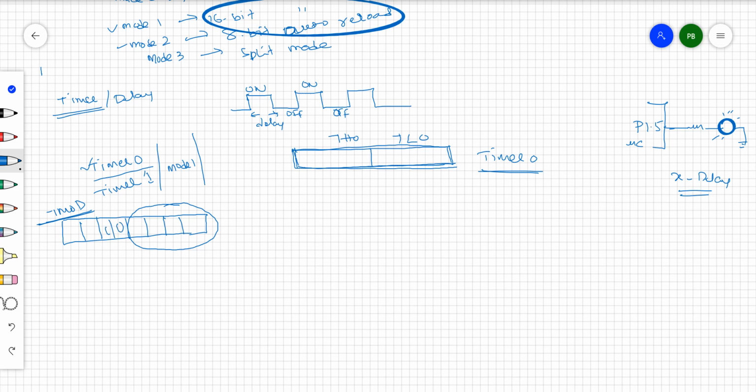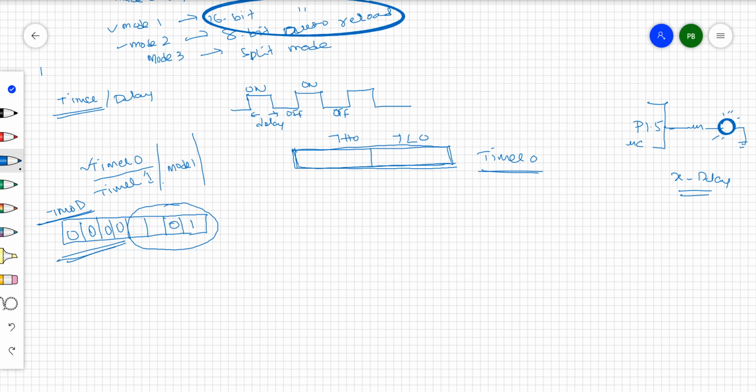By this time you are not going to use timer 1. The higher 4 bits of the T-mod register control timer 1, so the lower 4 bits only control timer 0. Now, a total of 16 bits you want to use for the delay generation. That is the reason you want mode 1. M1 and M0 you need to place 0 1.